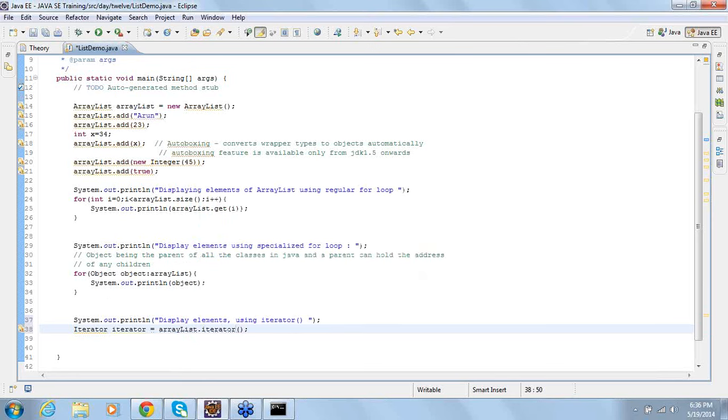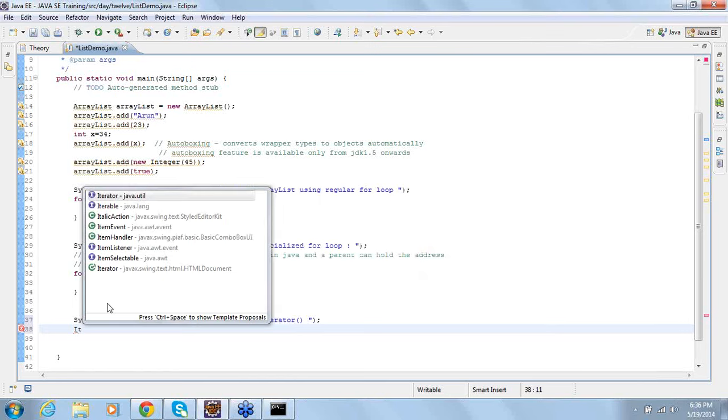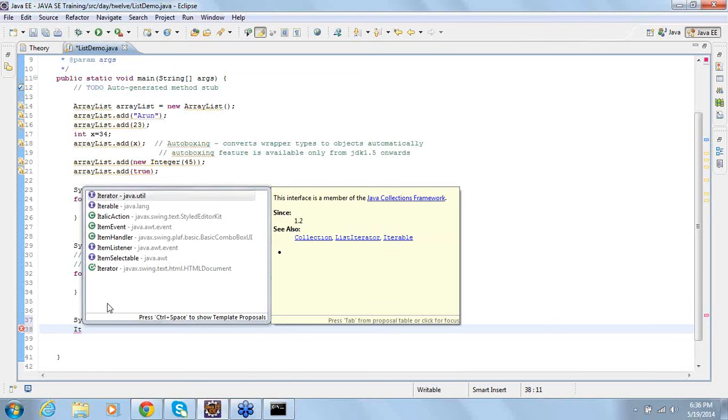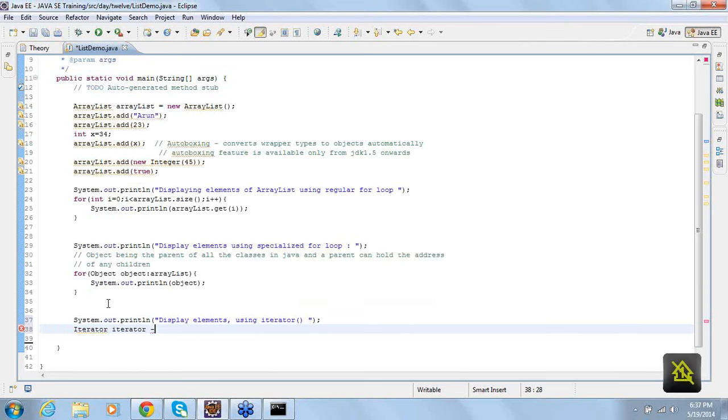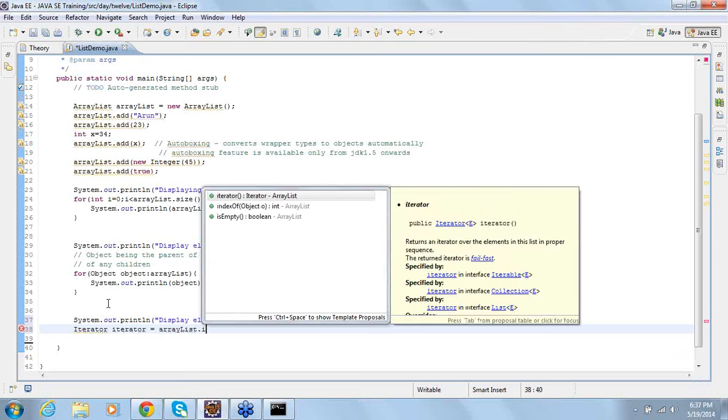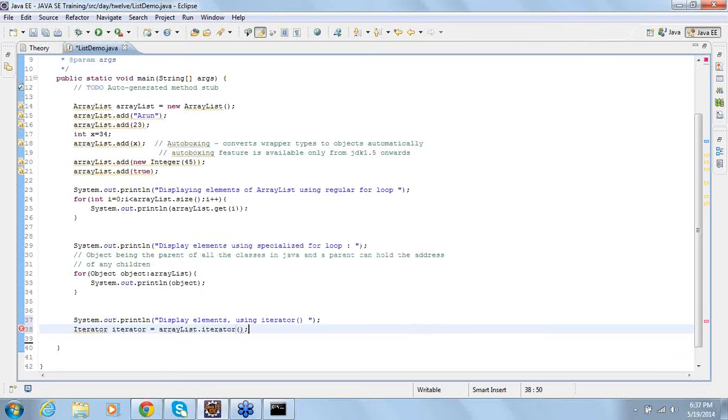Understand, iterator is an interface, it's not a class. You cannot create object of it. Then how do we read the elements now? So array list dot iterator means